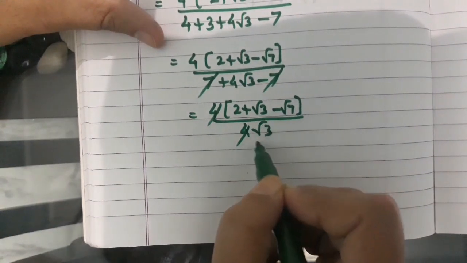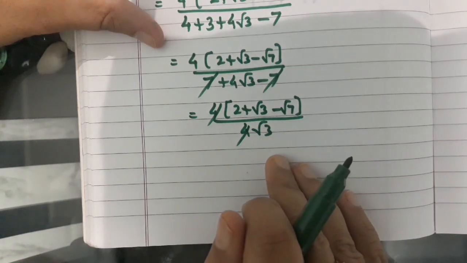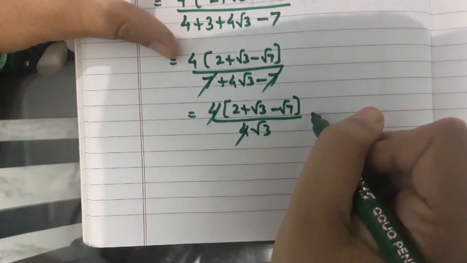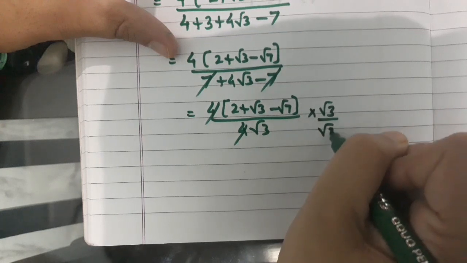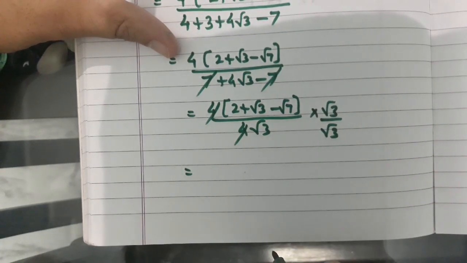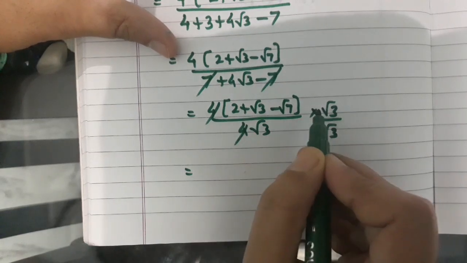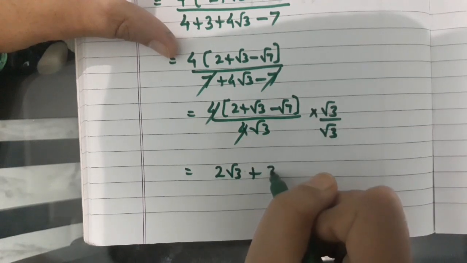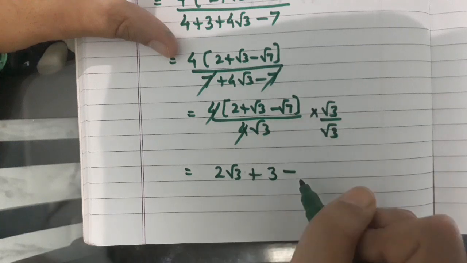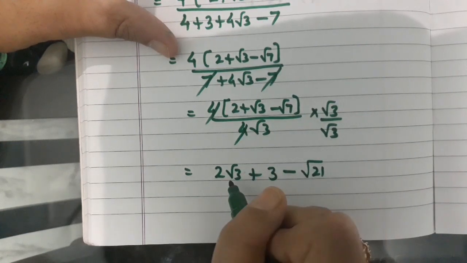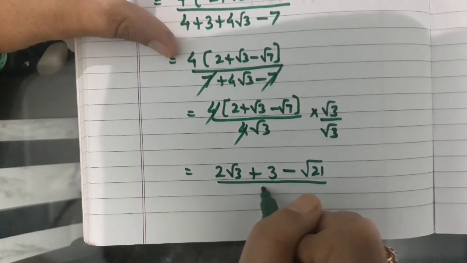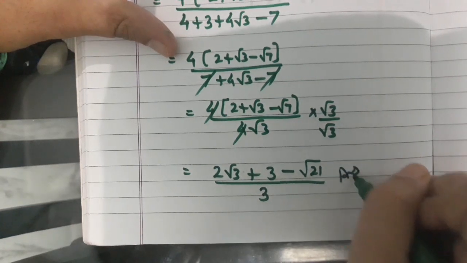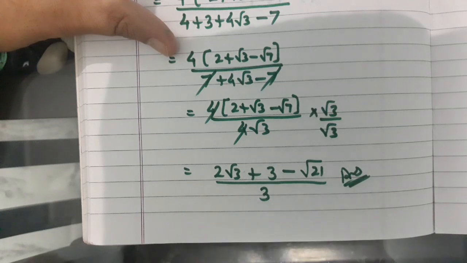So what do we see? That the denominator is still not a rational number. We will have to do the rationalization process one more time. So here we have root 3. So now we multiply the numerator and denominator by root 3 to make it a rational number. So this becomes 2 into root 3, that is 2 root 3, plus root 3 into root 3 is 3, minus root 7 into root 3 becomes root 21, upon root 3 into root 3 comes out to be 3. Now we see that the denominator is a rational number, so we have rationalized the denominator.